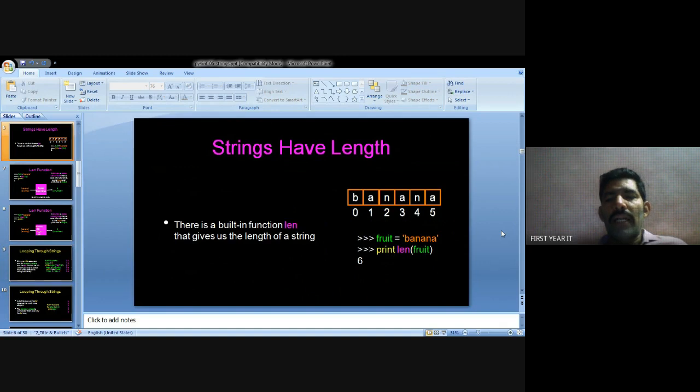So fruit equal to banana, represented in single quotations. Then print length of fruit means the length of the fruit value, banana. Banana has 6 characters, so the length is 6. This is called string length.